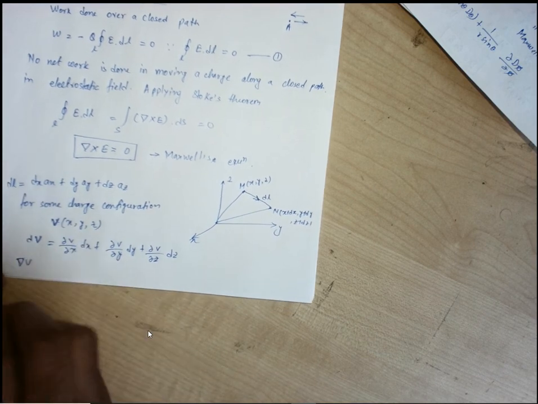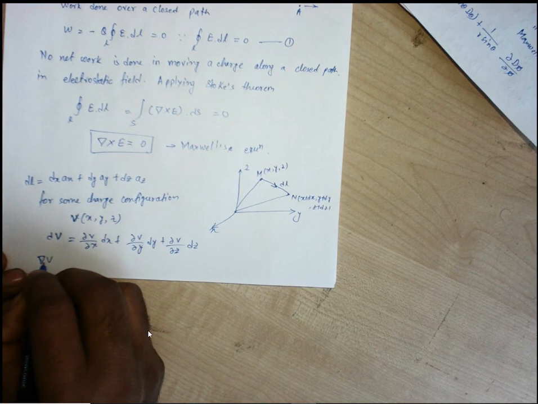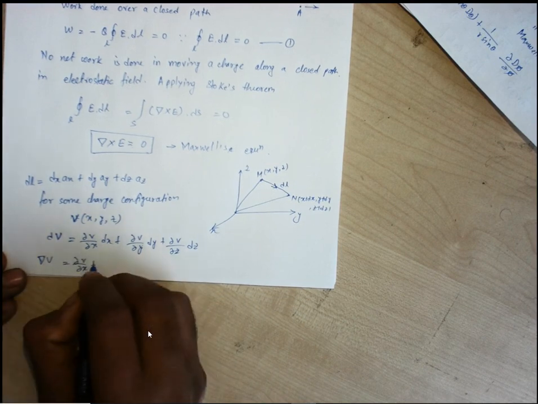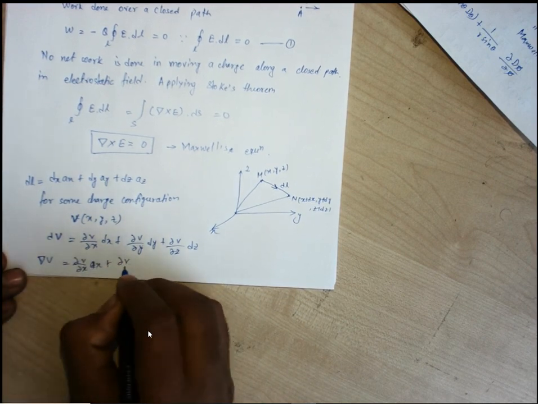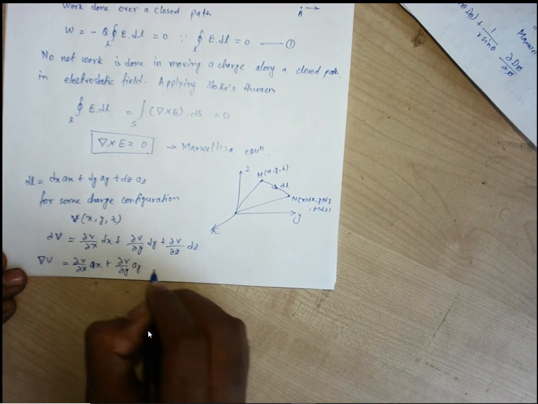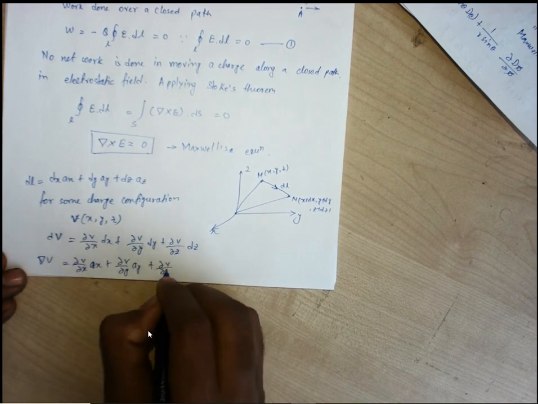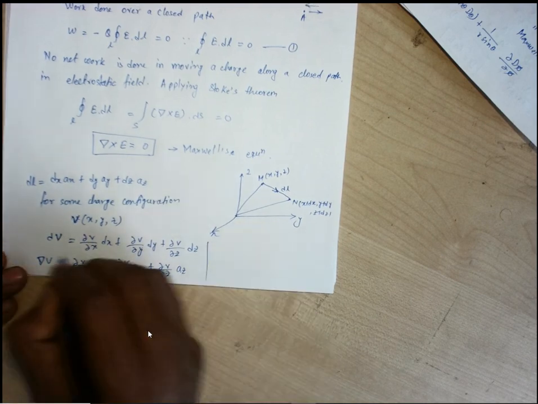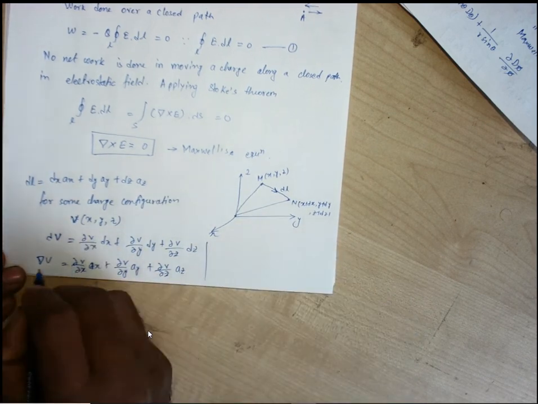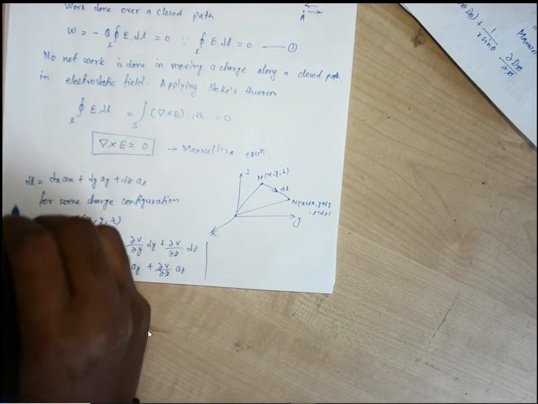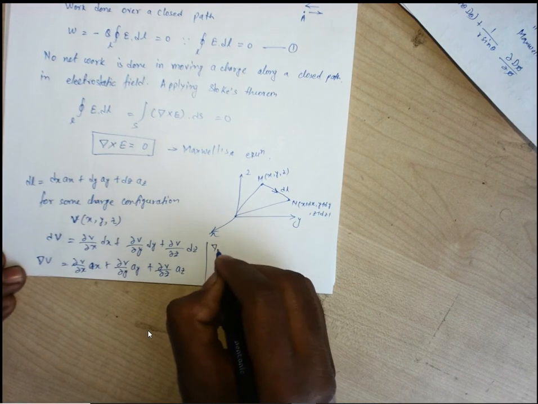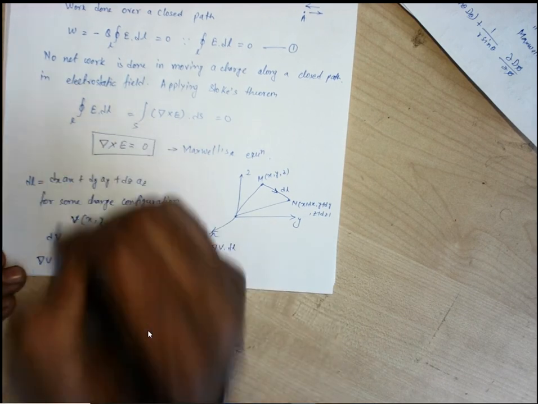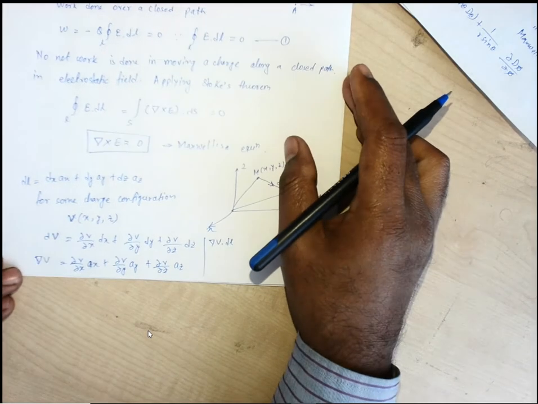Del V, without a dot, is called the gradient. It is del V by del x ax plus del V by del y ay plus del V by del z az. If you take the dot product between this del V and this dl, del V dot dl,